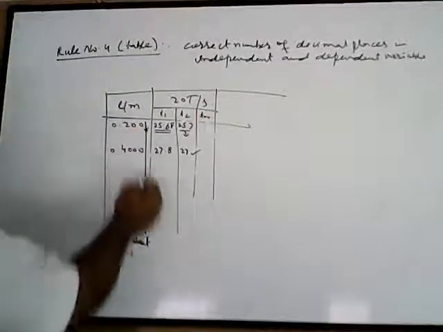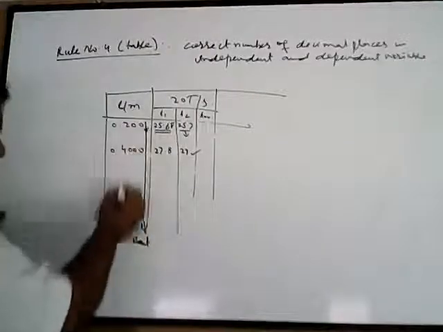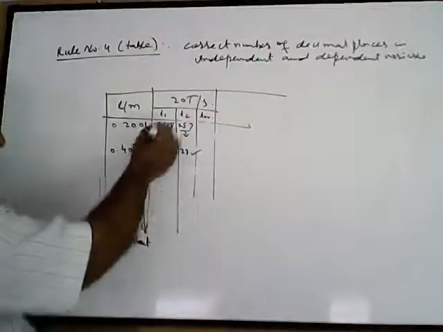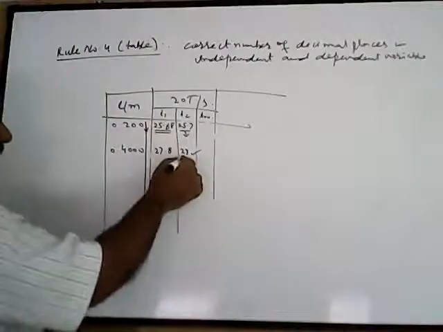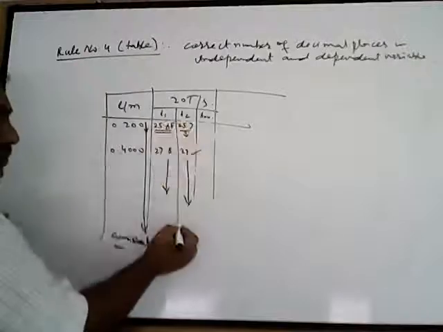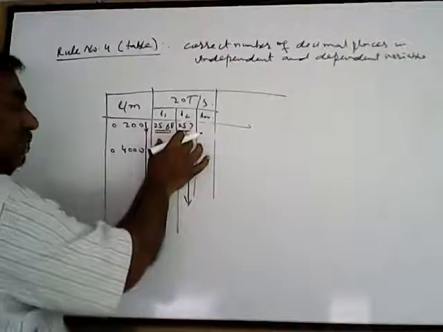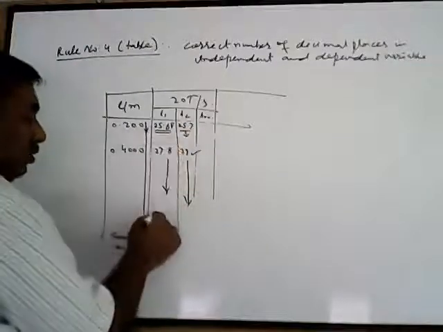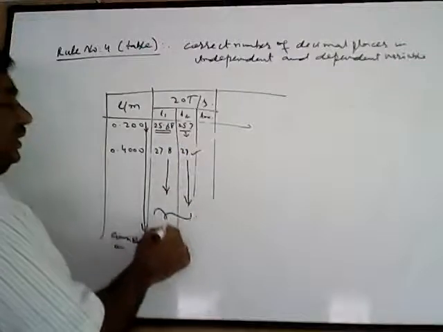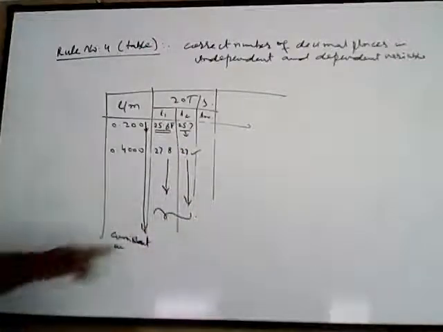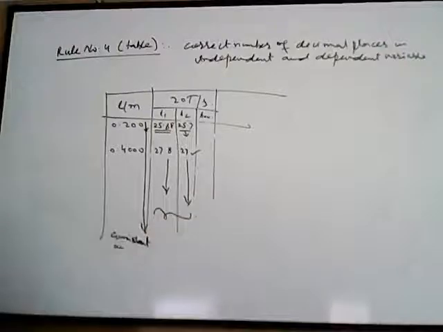You must be consistent here. All these readings must be consistent with the same number of decimal places. These all must have the same number of decimal places, because this is the same instrument being used. So even this must be consistent with this. These two sub columns must be consistent with the decimal places in order to indicate the same thing.